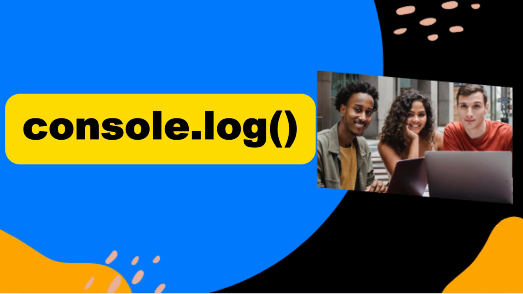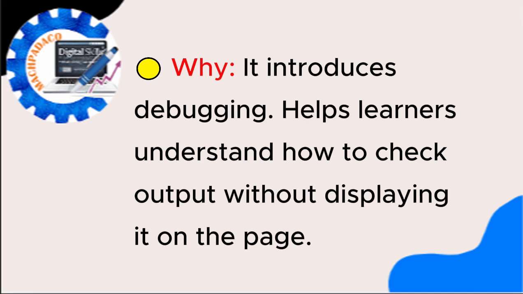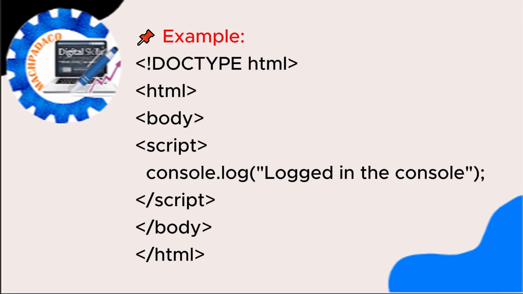Then we now have another way of writing with JavaScript. We have console.log. We have the bracket open and close. Why do we use it? It introduces debugging, helps learners understand how to check outputs without displaying it on the page. For example, at our HTML coding environment,